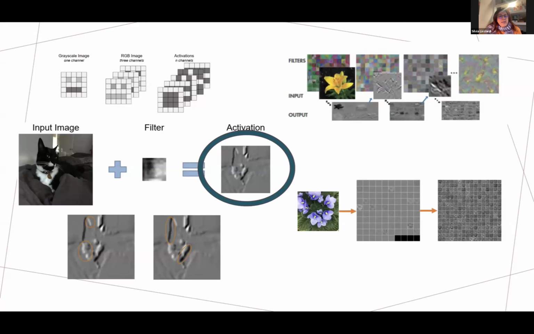Okay, so this can be applied to everything. For example, if we have an input image, we can have a filter that recognizes some particular part of the image. With another filter, we can apply a second particular, a third particular, and so on, to understand or capture different characteristics or features of our input.